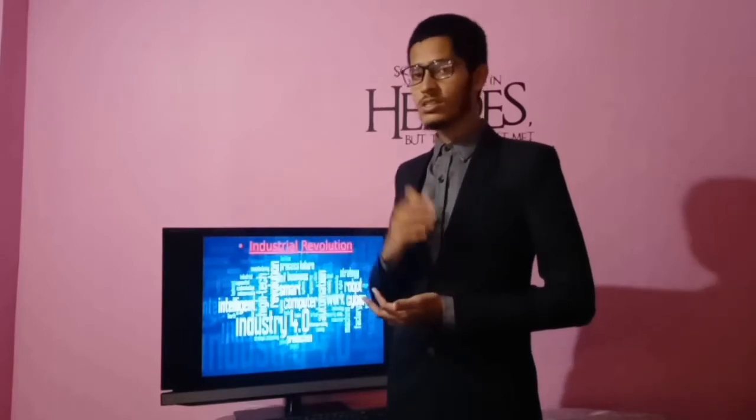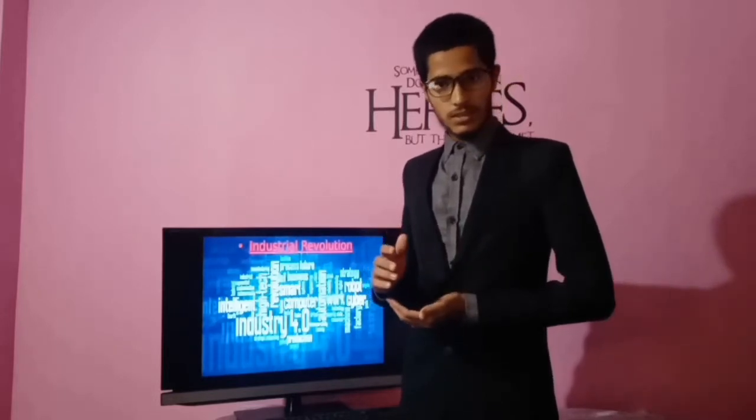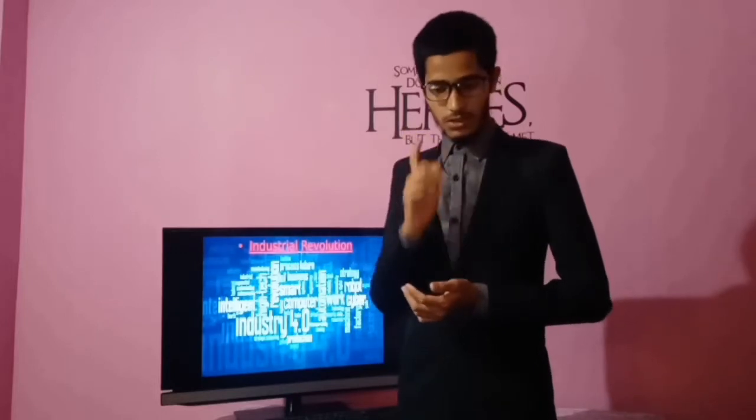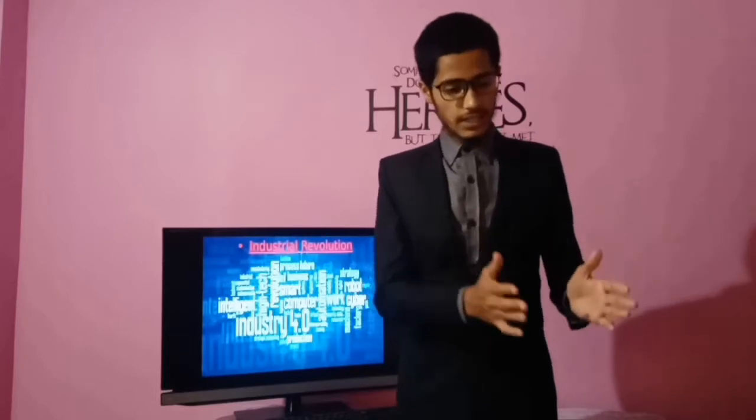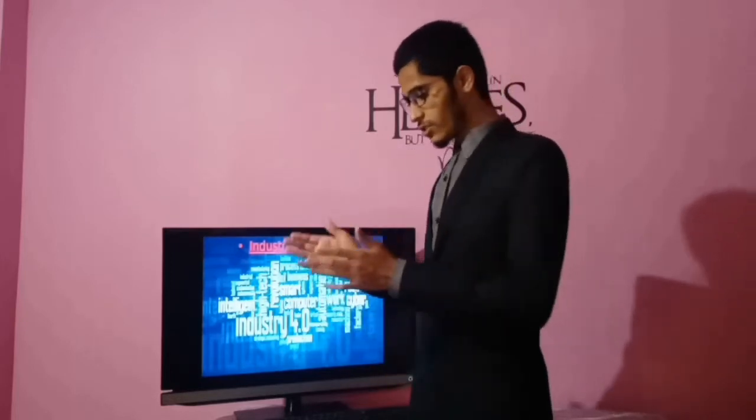Industrial Revolution, Industry 4.0. There have been many revolutions for industries because there are many different tasks to perform in industry. Industry 4.0 says that whenever a customer comes and orders a product, the client will be telling or programming the robot that this is the product for customer A. So that same robot will go to the inventory. Inventory means the storage where the raw materials and goods are stored. That robot will go there into the inventory and pick the raw material and take it to another robot,